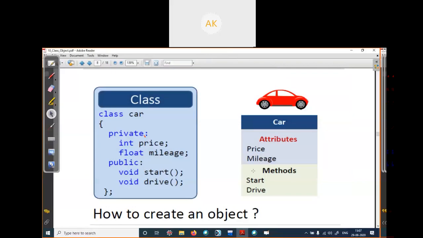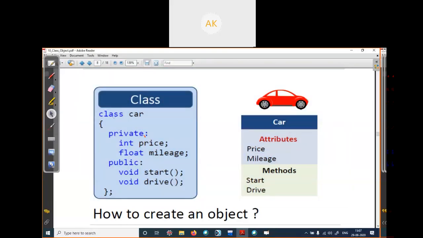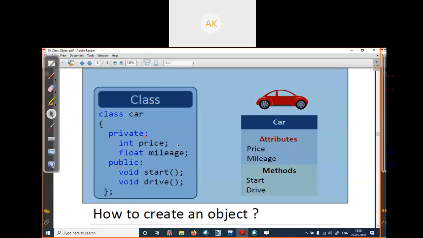So how can we actually implement this in a program? You write class followed by your class name, then the access specifier is private, which means these data are private. The price of the car and the mileage are private; no other object can access these data.